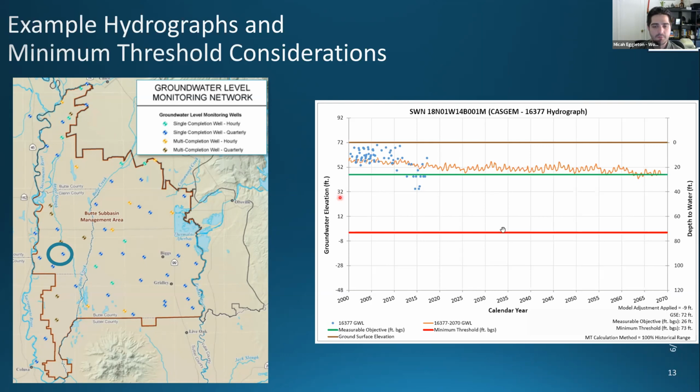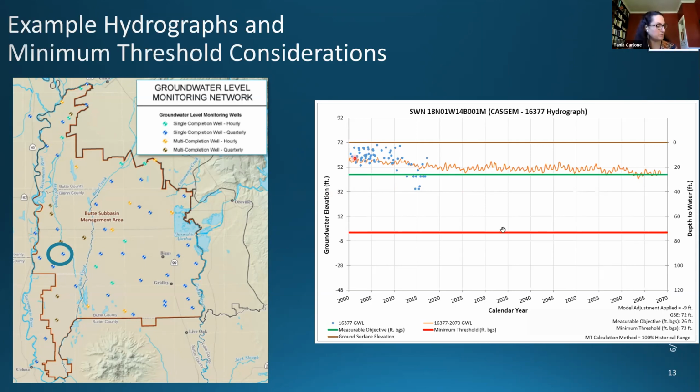If the minimum in the previous drought, and I apologize, imagine this hydrograph going out here, if the minimum was down here, well, that still impacts the historical range calculation. All the historical data is used. It's not cut off at 2000. Thank you, Brian. That's very helpful. Thanks for that clarification.